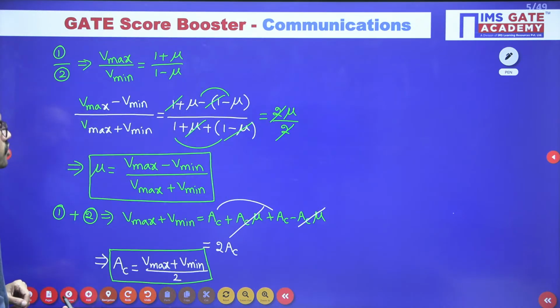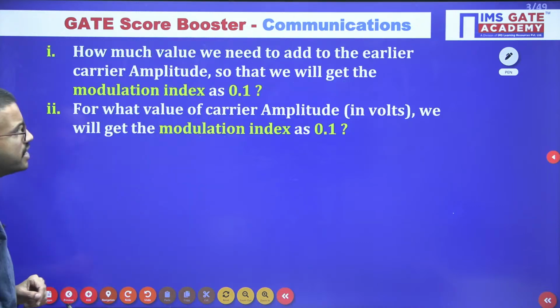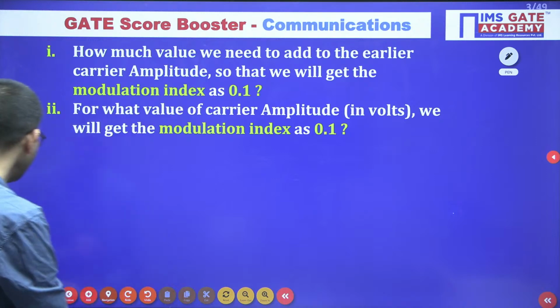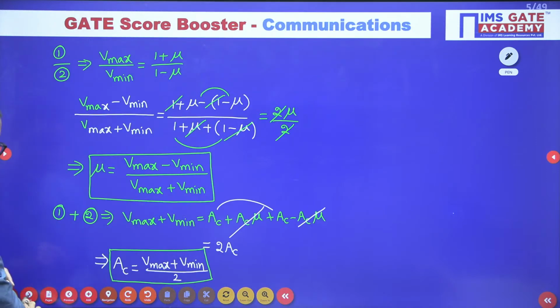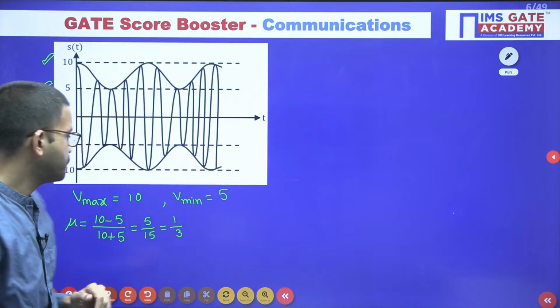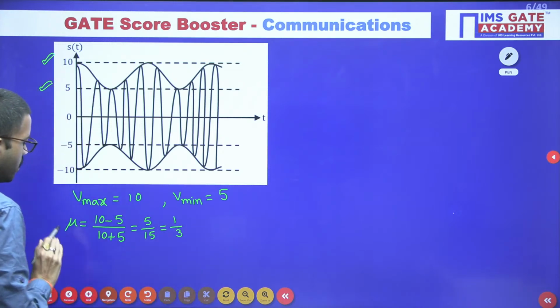But here if you read the question, our requirement is 0.1. In order to get modulation index as 0.1. So for the given waveform, we got the modulation index as 1 by 3, which is nothing but 0.33. Okay, right. Now,